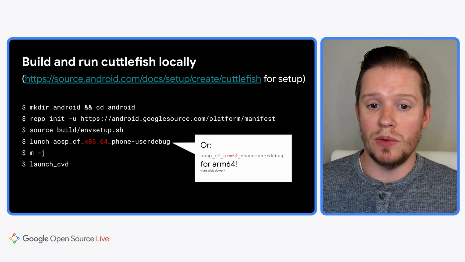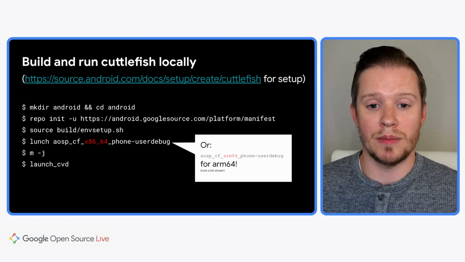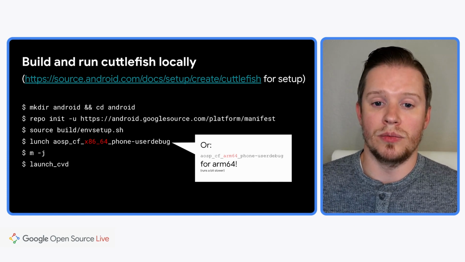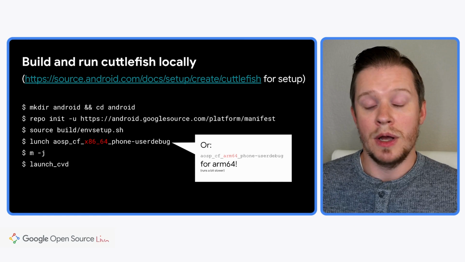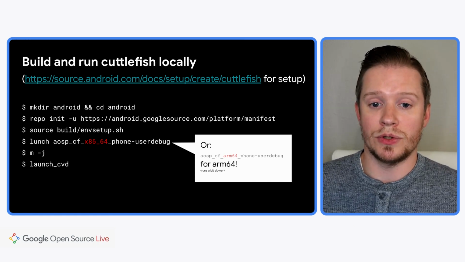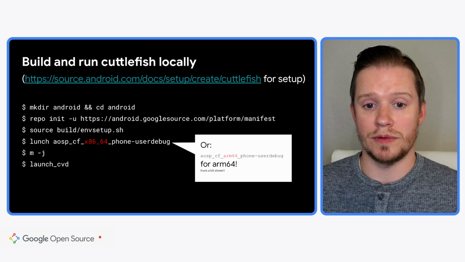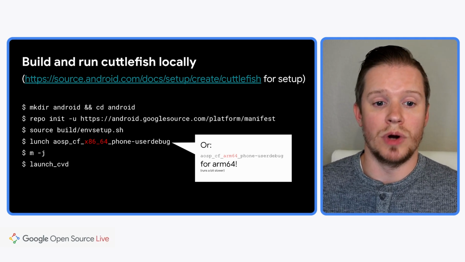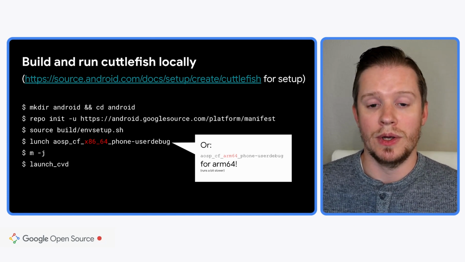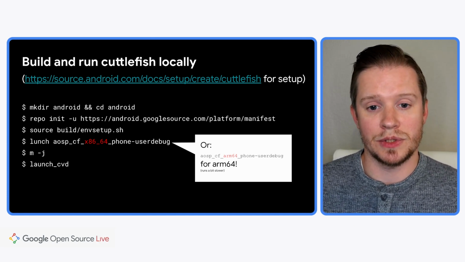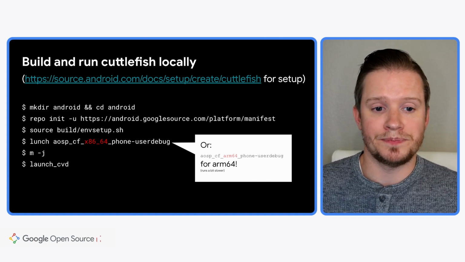It will run more slowly on an x86-64 machine because when you run that launch CVD command there at the end, it will be using an emulator to emulate ARM64. But you can also take that build that you've built on your machine and copy it to an ARM64 device, like a dev board or a server. And you can actually run the virtual device implementation on those platforms at full speed. It will run using the virtualization capability of ARM64. So both of these options are viable in AOSP.